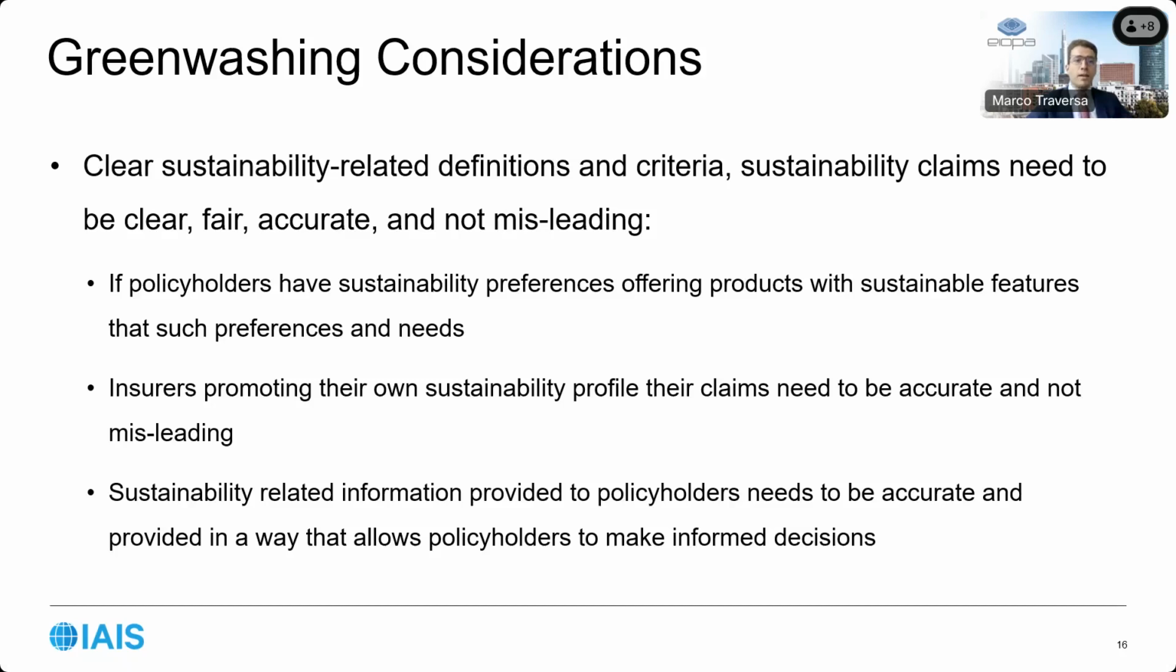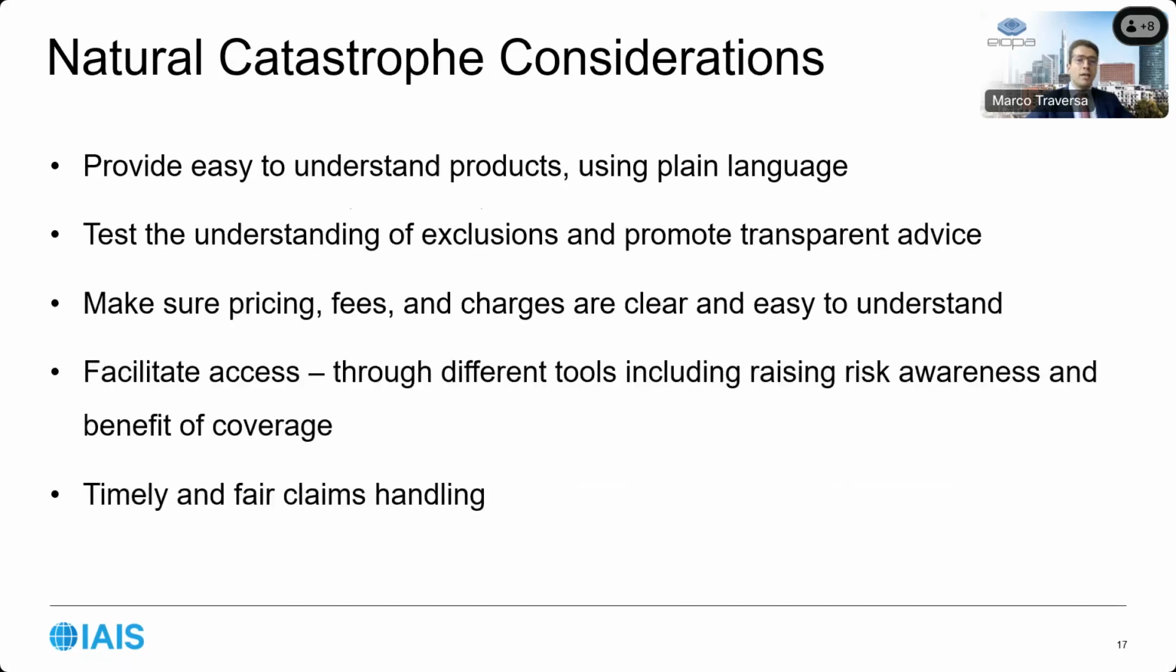The second part of the paper relates to possible unfair treatment that can emerge because of natural catastrophes and because of the way in which certain products might include or exclude natural catastrophe protection. This part of the paper mostly focuses on the protection side. And generally, what the paper highlights is that